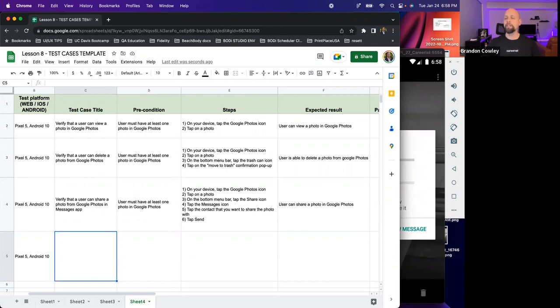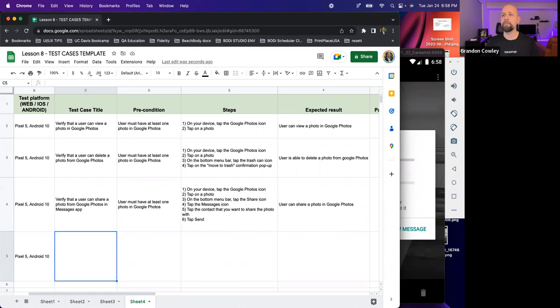So okay, I do have two things to point out here. User 14703: if I write down in precondition user needs to have the app, would that be correct? Again, we're going to put that in the category of exceedingly obvious. If we're testing the app, the implication is that we have that app, so we wouldn't need to write that down.